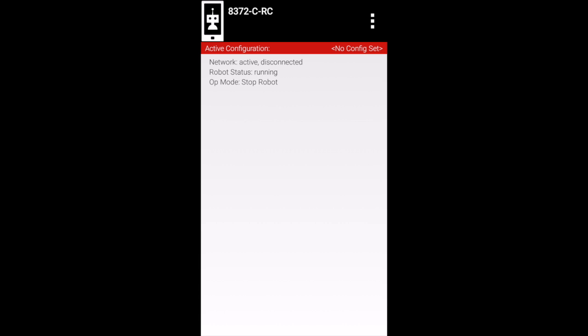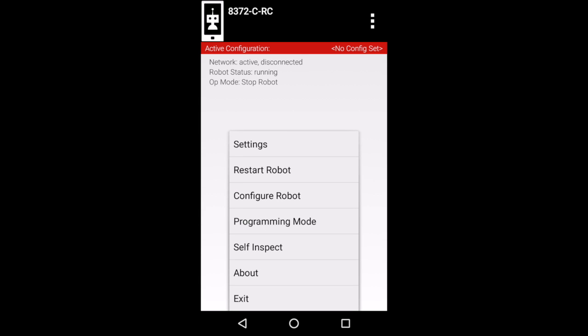So in the top left corner, you have the name of your phone. On the red bar, you have your active configuration file. We'll get to that. Then your network, your robot status, and your op mode. In the top right corner, you will see the 3 dots, and this gives you a multitude of options